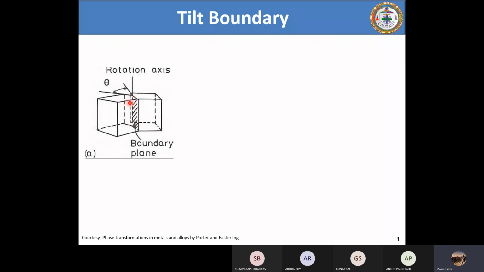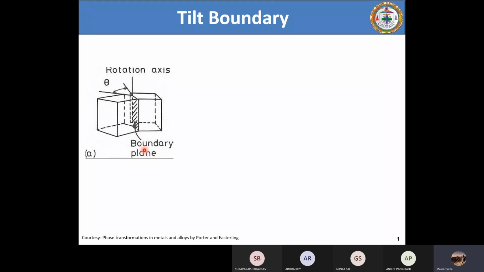Rather, the plane that is forming has Miller indices which are intermediate between these two: the left hand side of this eastward facing cube and the right hand side of this southwest facing cube. So there is a unique boundary plane. Always remember one thing: a tilt boundary always gives a unique boundary plane. I will tell you why I said this.